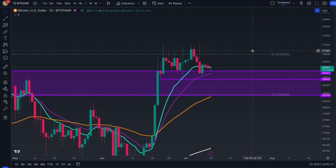So if you were to lose those levels that I mentioned, which is the 20 EMA as well as 29,600, then yes, we could see a dump from the 20 to the 55. I would wait for this to be lost, but usually when you lose the 20, you head to the 55. If we lose this, we're going down there anyway. As this is the range high here and this is the range low, there's just middle points essentially in the way. So these middle points in the way, this level of support,